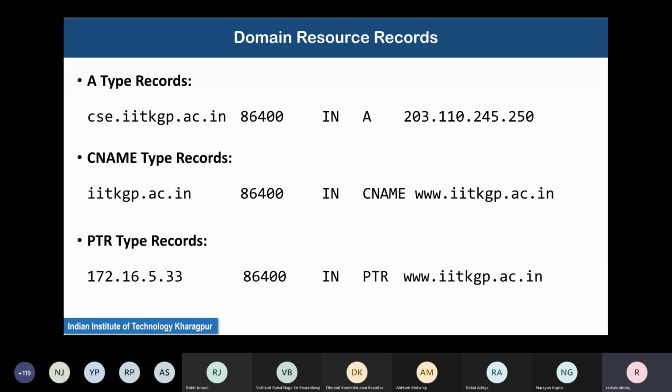There are certain standards of the internet which specify the technical details of the internet. They specify that for every computer that is connected to the internet, there should be a PTR type record somewhere in some DNS database. That is actually not the case. This is not actually followed. So PTR records might not be present for all computers that are connected.